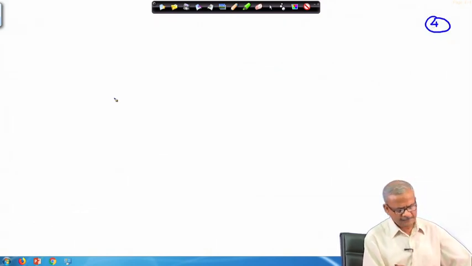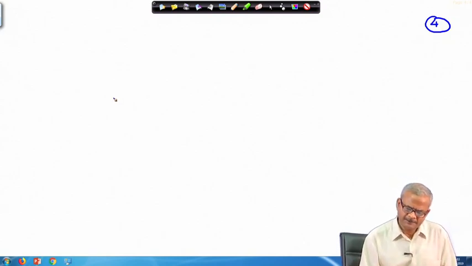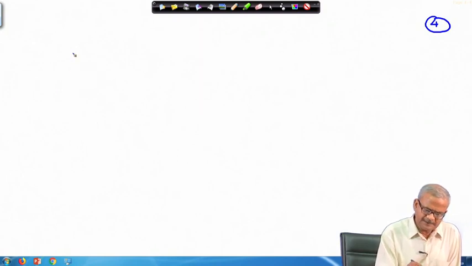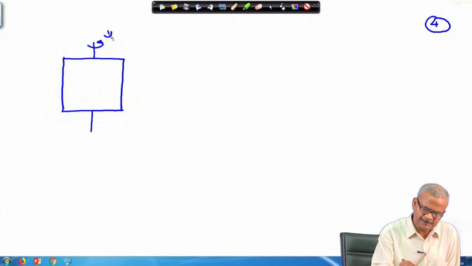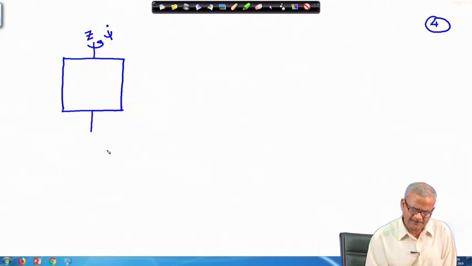So, already we have discussed the rigid body dynamics of a torque free motion. Okay. Here let us consider that there is a hoop like this or a square hoop which can rotate on this axis, and we write the rotation rate as psi dot. Okay. And in this direction I will write capital Z.